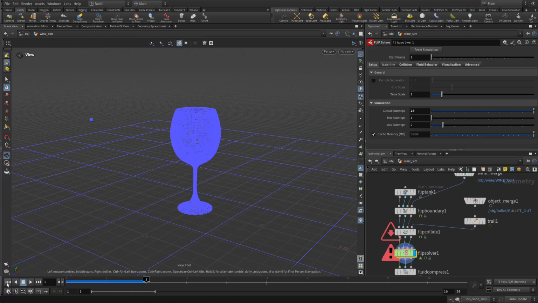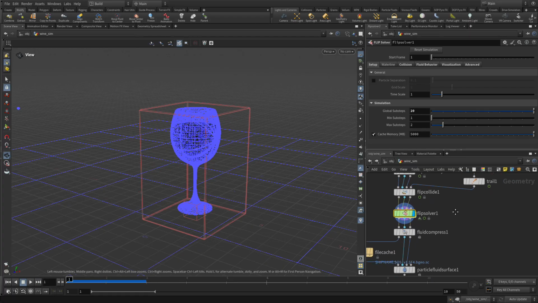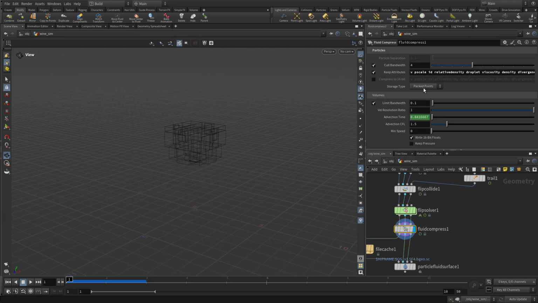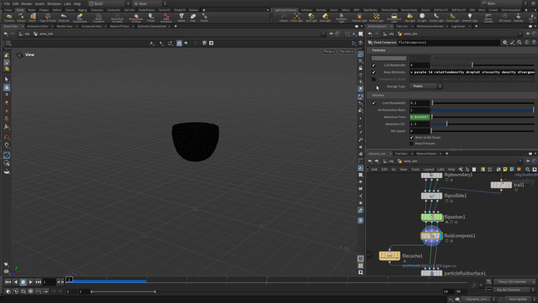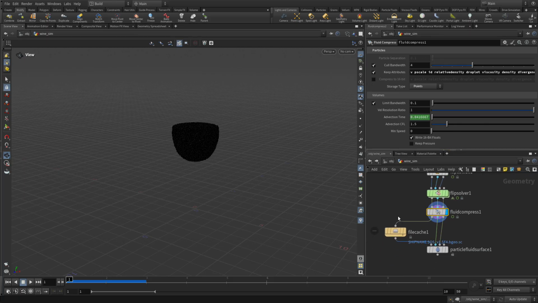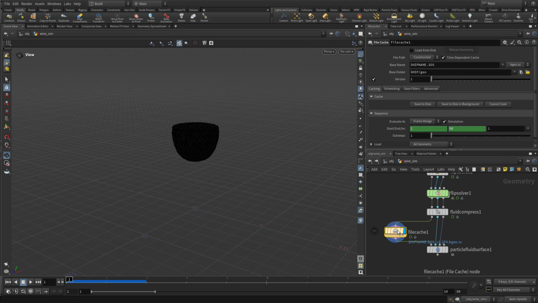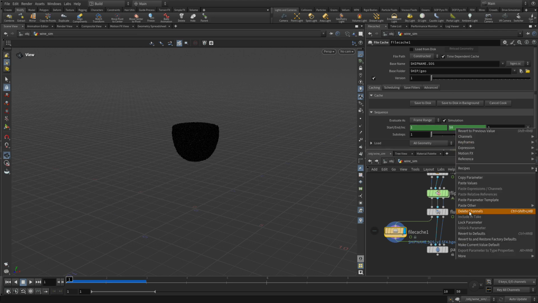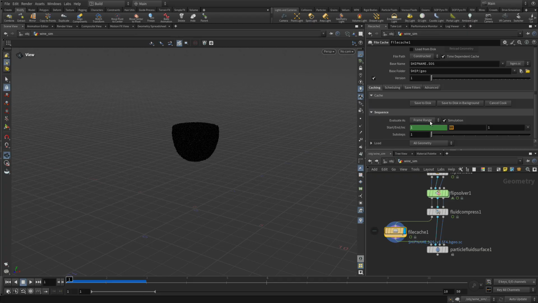Go back to here. And we're going to go, there's a file compress node. This is something that we can change to points. This is something where it tries to optimize the fluid for saving it on disk. And we're going to go to this file disk. We're going to right click on here, delete channels, change that to 10 because we only need the first 10 frames. We're going to change the name of this to Wine Sim